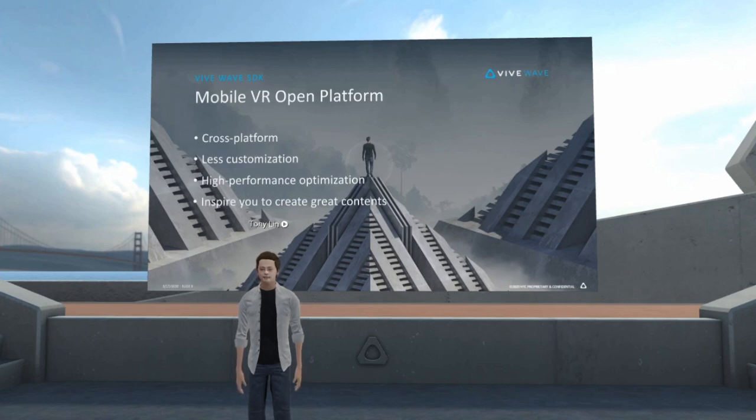HTC, as an ecosystem contributor, is trying to build up a mobile VR open platform to support different mobile solutions, for example, Qualcomm Snapdragon. So developers can do less customization, enjoy high performance from the platform, and focus on content creation to deliver